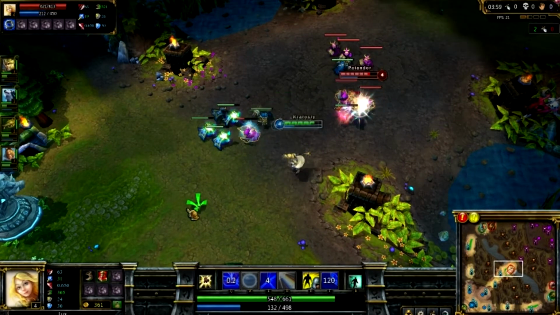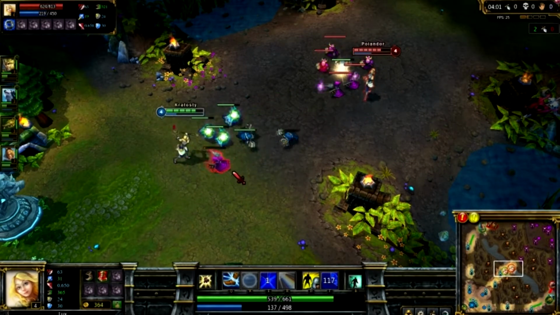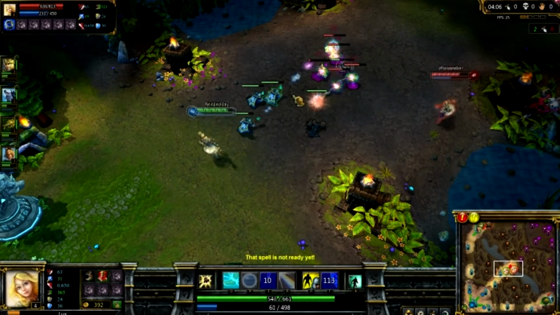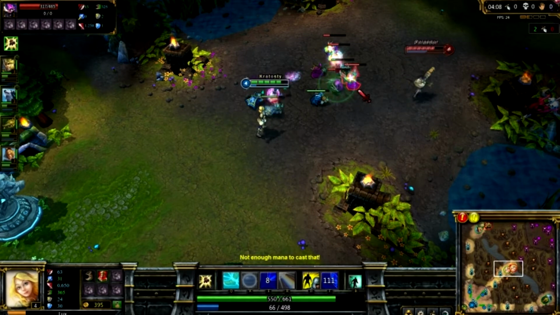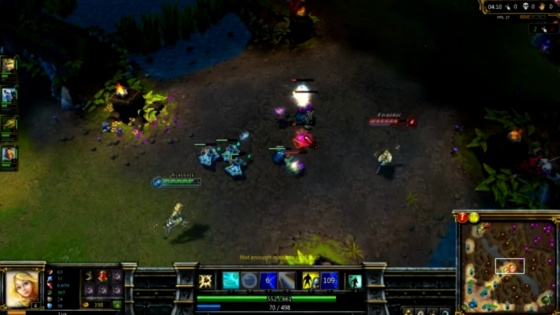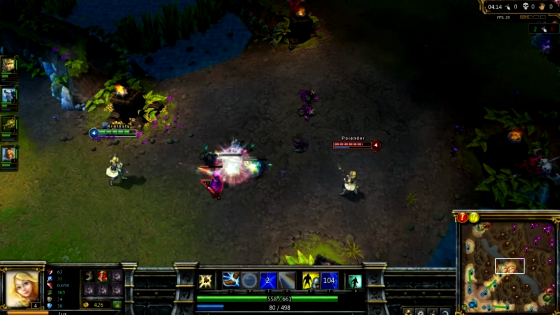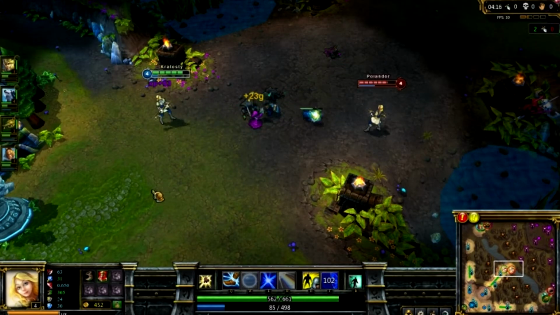But you also want to take Clarity, mostly for early game, even late game, because you don't want to build a Rod of Ages. I know how many times you'll see the Rod of Ages and you're like, oh, it's such a good weapon. Yeah, it's a great item. It's one of the best in the game. But with Lux, you don't really need it,